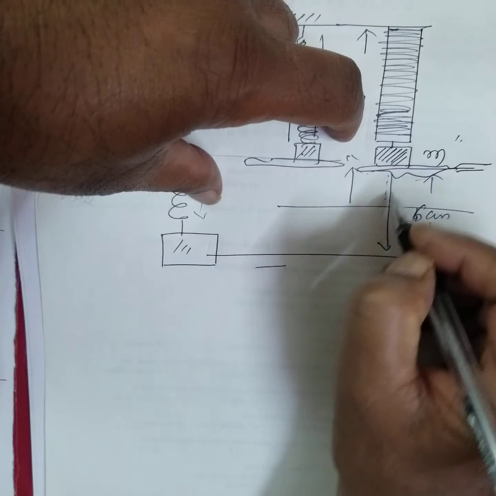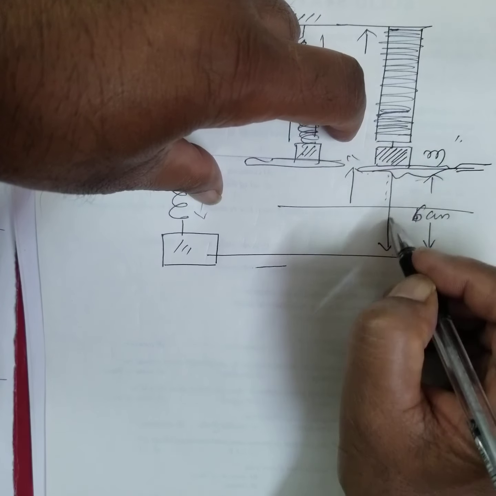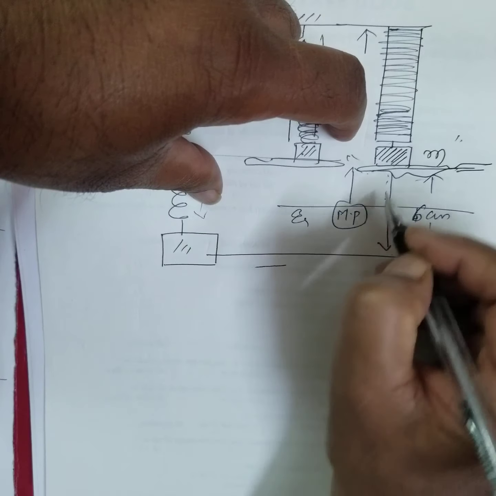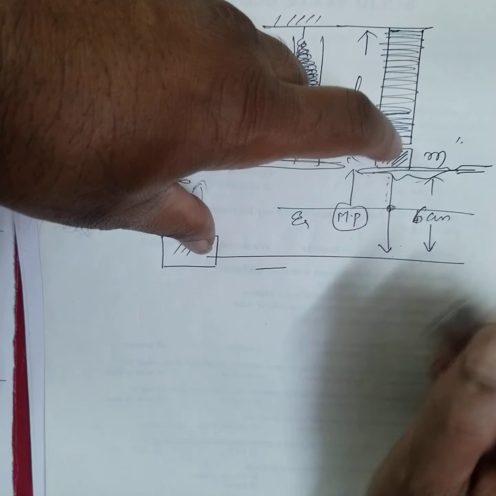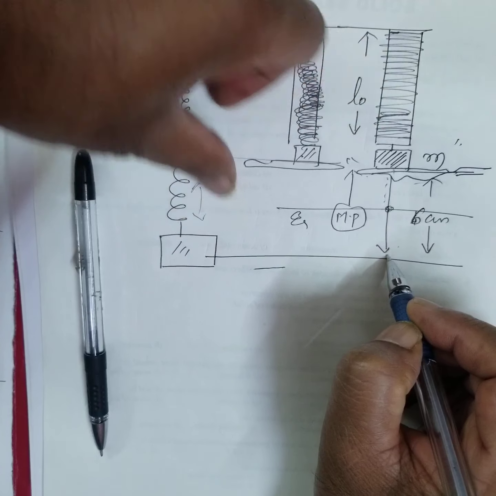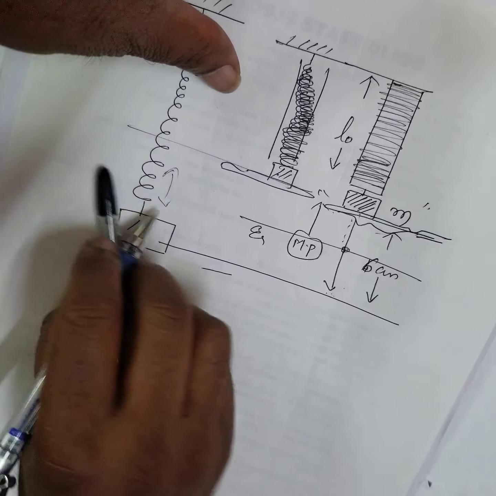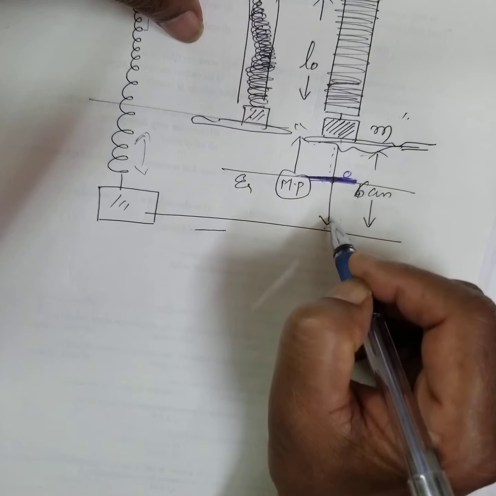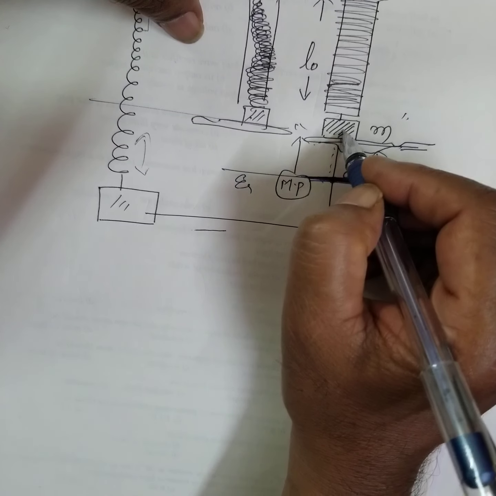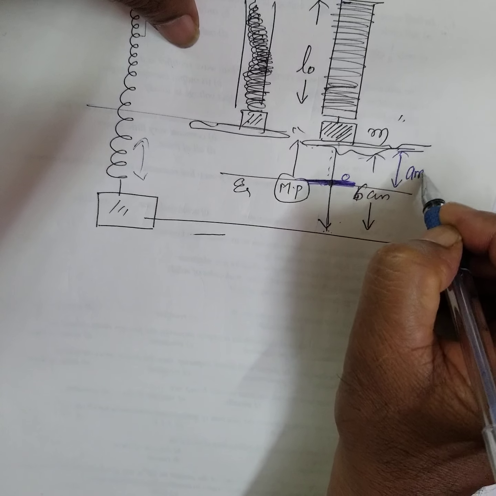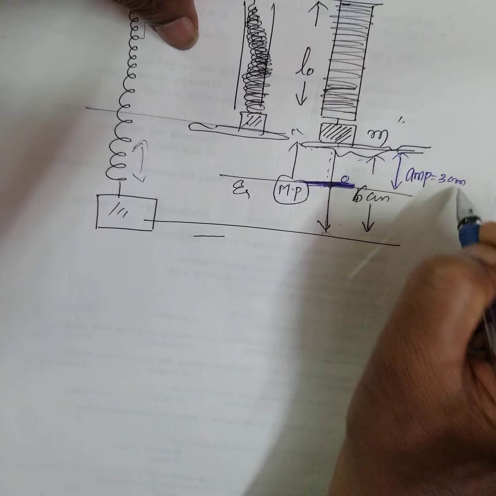Here 6 centimeter. Then again it starts oscillating about a mean position. This is called the mean position or equilibrium position. Now, what is the amplitude you can call? The mass has come down a distance of 6 centimeter, then it starts oscillating with respect to one point. This point is definitely O, and from here to here is 6 centimeter. What is the center point? O. Therefore, what will be the amplitude? Amplitude is equal to 3 centimeter.